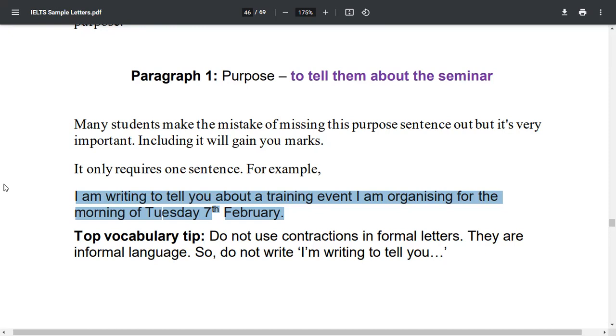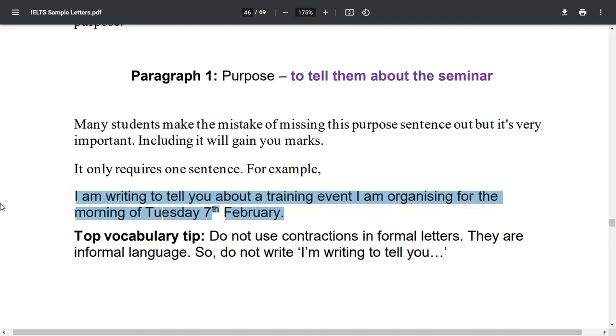As you can see, in most invitation letters, you have to mention an exact date. It doesn't have to be very exact, but you would have to mention an exact date or a date in the actual purpose sentence, because you are inviting someone to a specific event. So the majority of invitation letters have to have a specific date in the actual